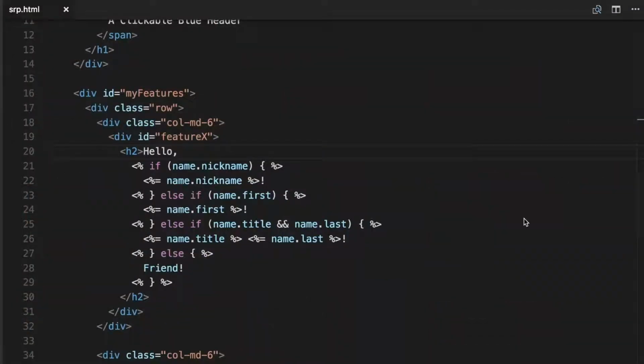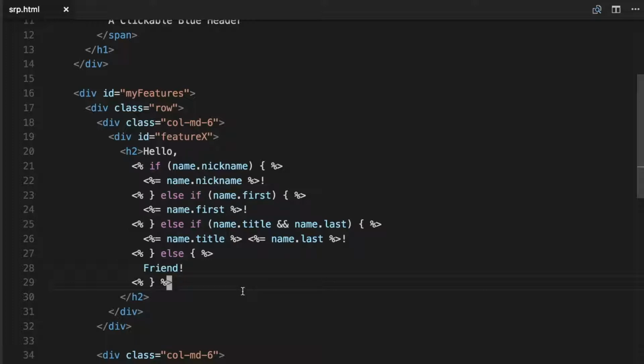Moving on from that previous example, we're going to fill out feature X here and add a little bit of code that uses some dynamic values from elsewhere in the application. Now here we're using EJS, embedded JavaScript. It allows us to use these tags in order to execute some arbitrary JavaScript inside of a template. And the tags that have the equal sign actually spit this out into the template when rendering happens. So we are saying hello to the user, and then we're going through some conditional logic